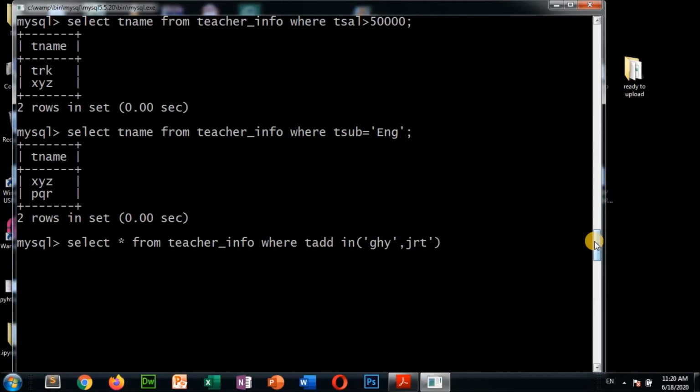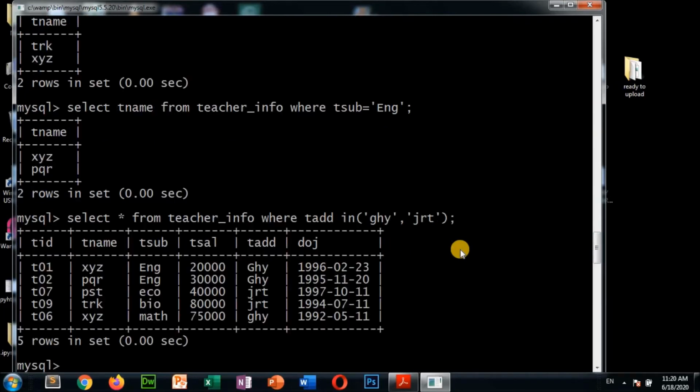That means who are in JRT and GHY, only those records will come. See, only GHY and JRT is coming.